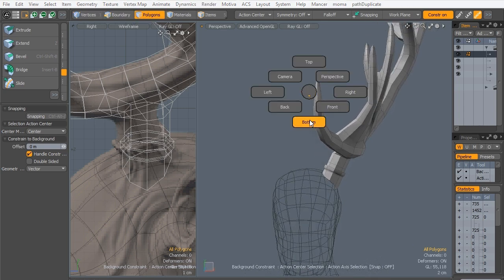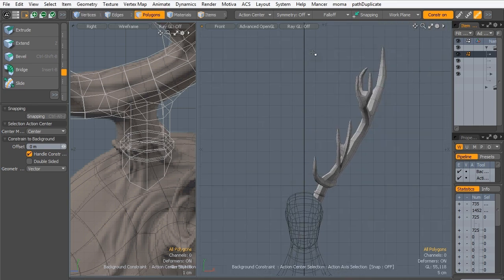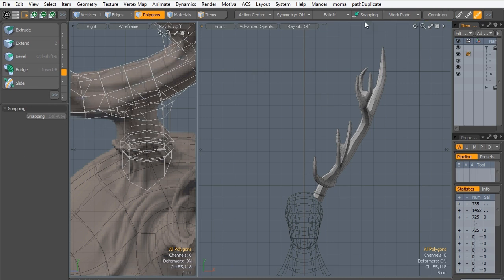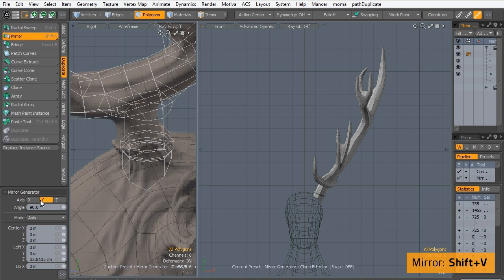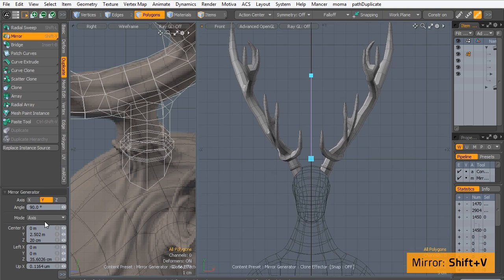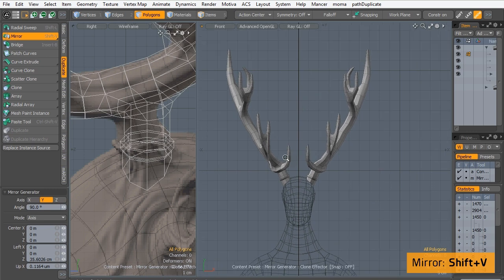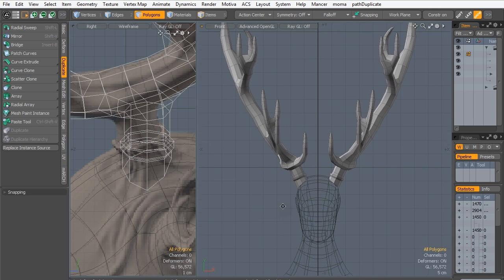Okay. So go to front view. And we need to mirror this whole geometry. So go to duplicate and choose mirror. Make sure you're in polygon mode and press on the screen to set the mirror axis and zero it out to be perfectly sure that it's centered, and drop the tool. Now we've got two parts of the antlers,